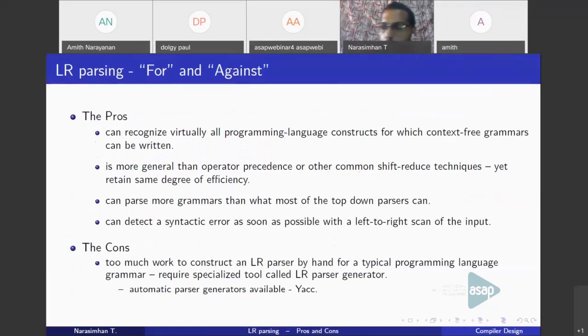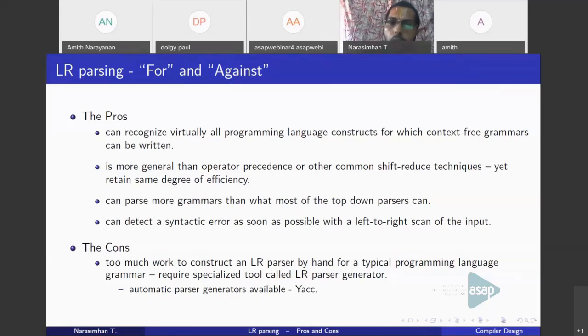So we have been introduced to a new concept. Let us see what the advantages and disadvantages of this technique are. What is the downside and what are the advantages of LR parsing? LR parsing is very efficient in the sense that it can recognize almost all programming constructs of any programming language. It can recognize selection statements like if, switch case, etc. It can also recognize loop constructs like while, do while, for, etc. Almost all the programming constructs that you use in writing a program are recognizable by the LR parsing technique.